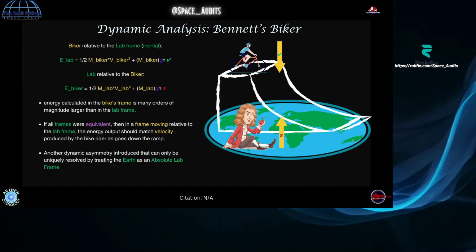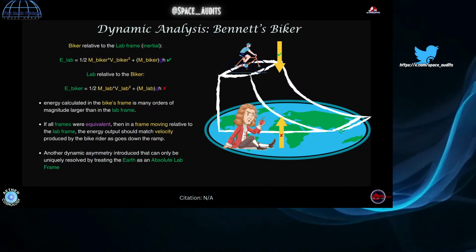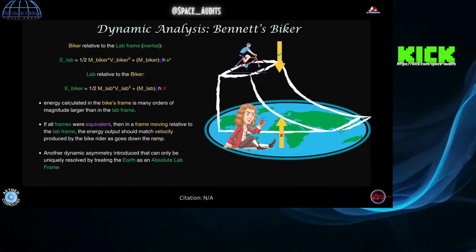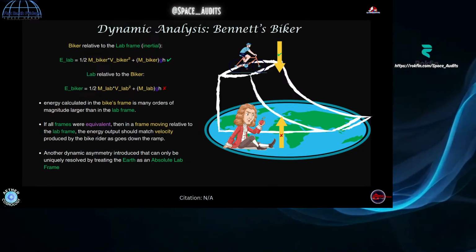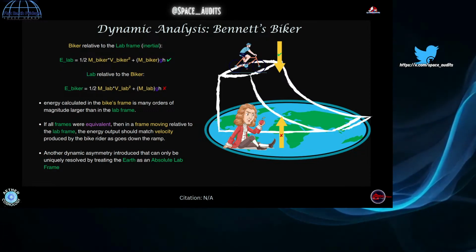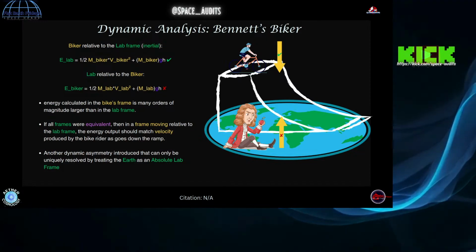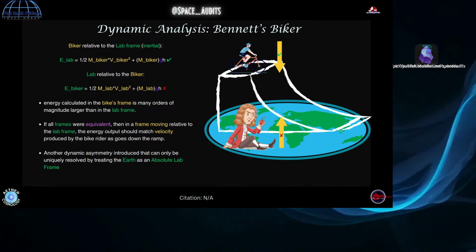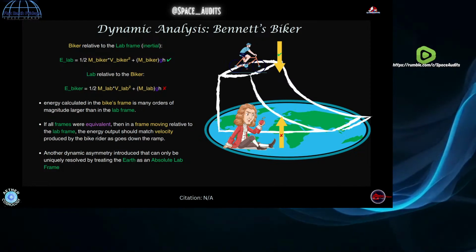All right, so we have another analysis here of a biker on a ramp. If the Earth is stationary, the biker goes down the ramp. You use the mass of the biker, the height, and gravitational acceleration. You can make the correct prediction for how fast and how much energy he's going to have when he comes down that ramp. And if you consider the bike stationary and use the mass of the Earth to rise up and do it, you're going to send that lad off into space. So the only way to satisfy this is when you're making it with respect to a stationary Earth, showing that these are not equivalent through dynamic analysis.